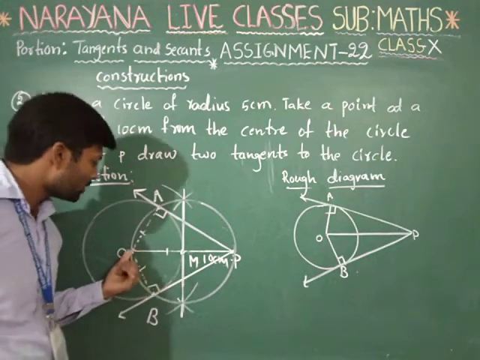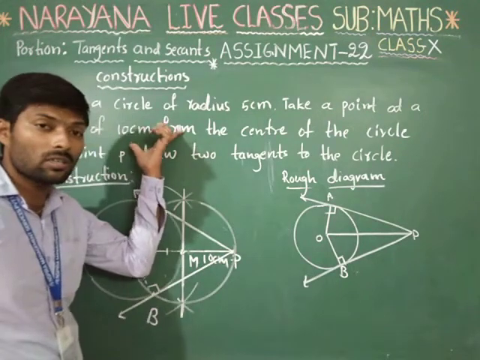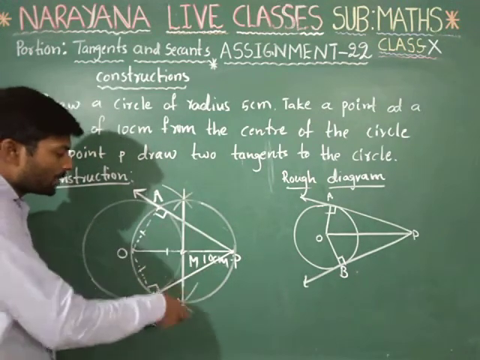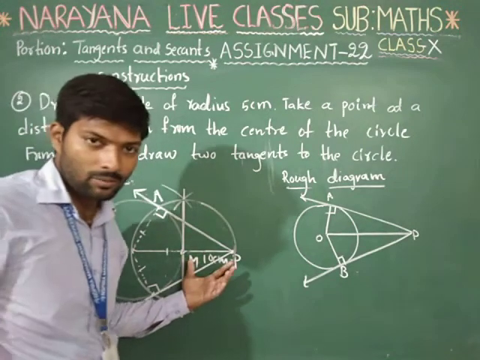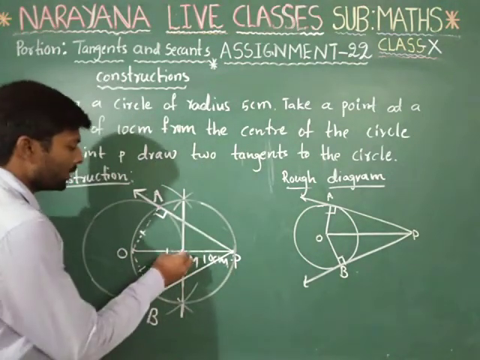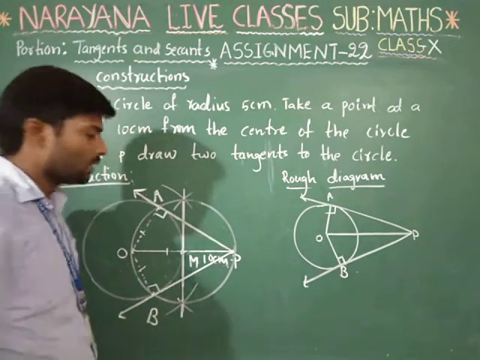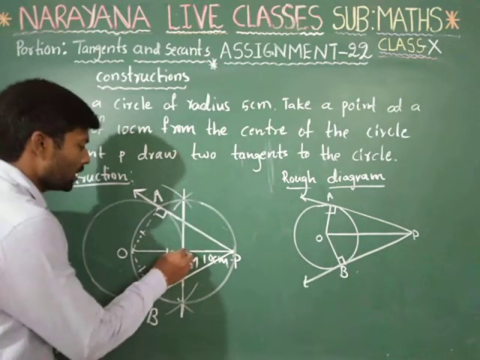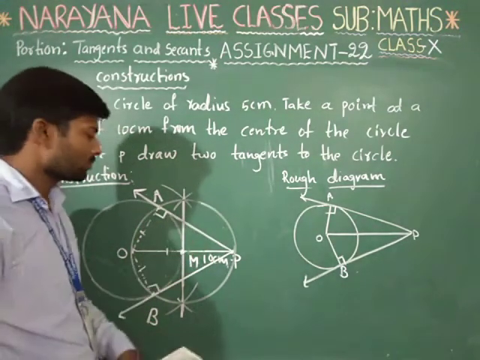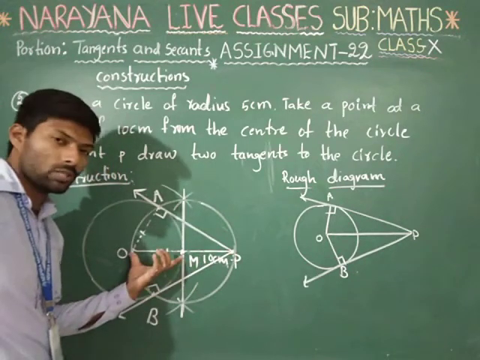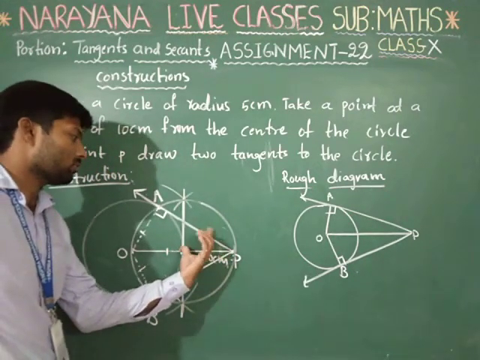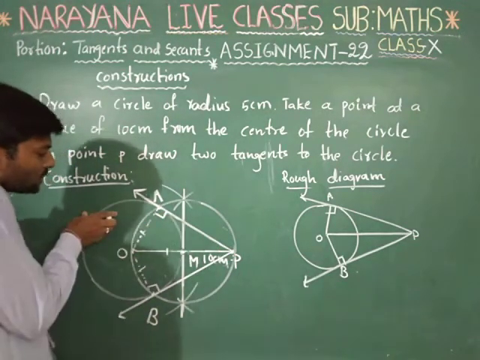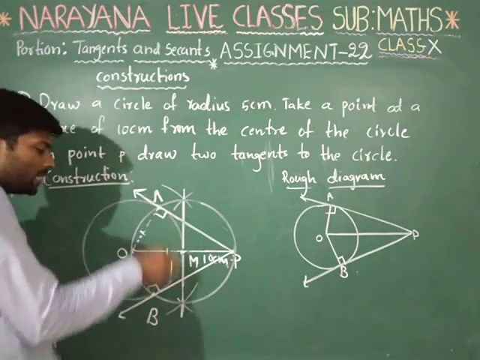So, and again after that take a point P which is 10 centimeters away from the center of the circle and draw a line, and construct a perpendicular bisector with respect to line OP. Take a point M on OP, which is the point the perpendicular bisector passes through, and take M as a center with radius MP or OM, both are the same, and draw a circle. This circle will intersect the first circle at two different points. The first point is A and the second point is B.